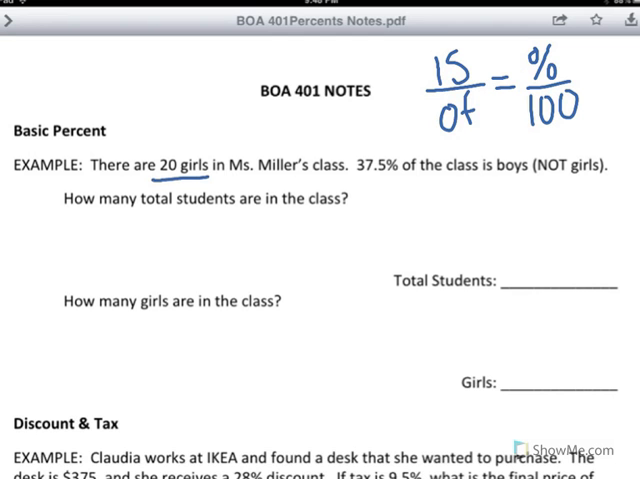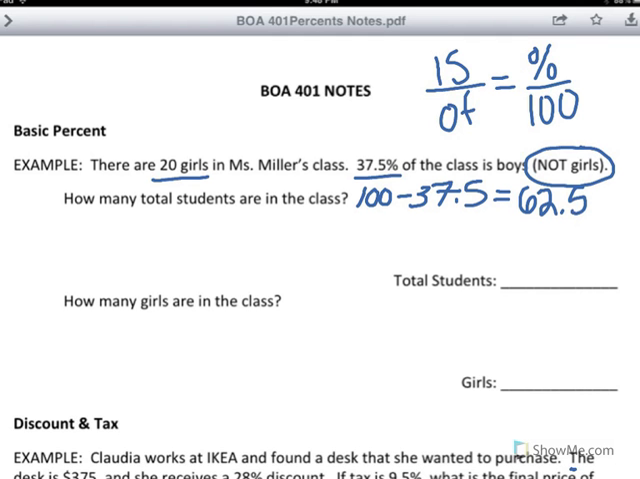There are 20 girls in Miss Miller's class. 37.5% of the class is boys. Notice this is not the girls, though we have the number of girls in Miss Miller's class. First thing we're going to have to do is just find the percent that are girls. Recall that there is a total of 100%. So we're going to take that 100% and subtract the 37.5, which is the percent of boys, and we're going to get